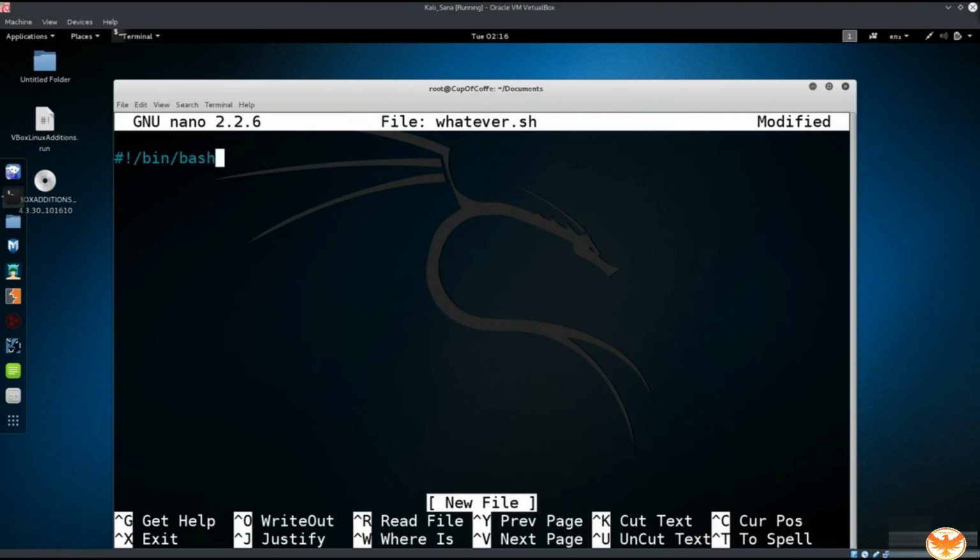#!/bin/bash, and then you can type in a set of commands, basically exactly the same commands that you would use in the terminal. So I have ifconfig eth0 down, ifconfig,